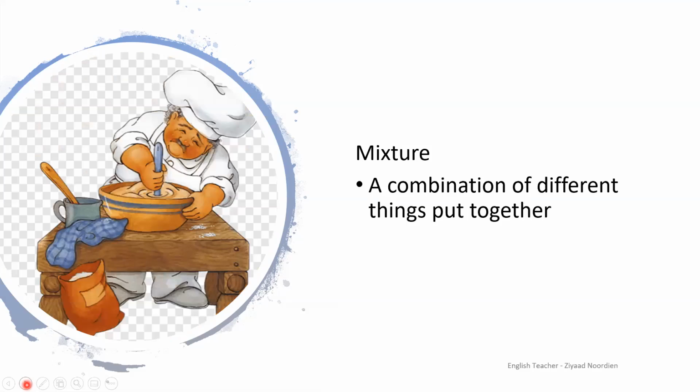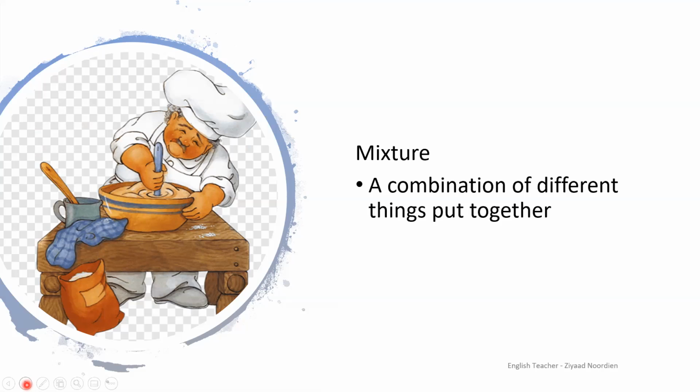On to our next word, which is mixture. So mixture has several different meanings, but to make it very simple for you, mixture is basically just a combination of different things put together to make an end product. So when you're thinking of a bakery, when you're thinking of cookies or biscuits or cakes, a mixture is, I'm going to put milk, eggs, flour, that forms a mixture so that I can bake a cake.